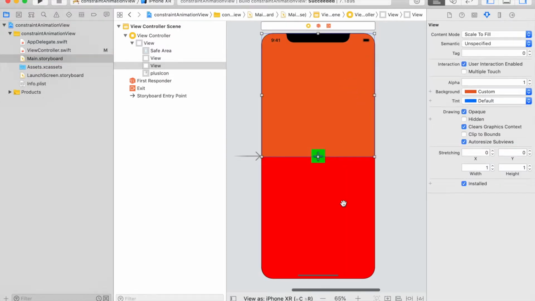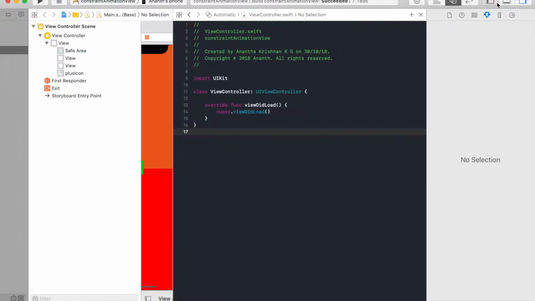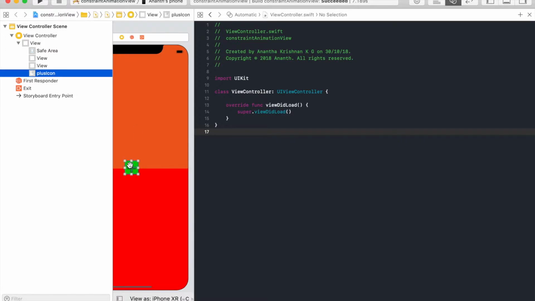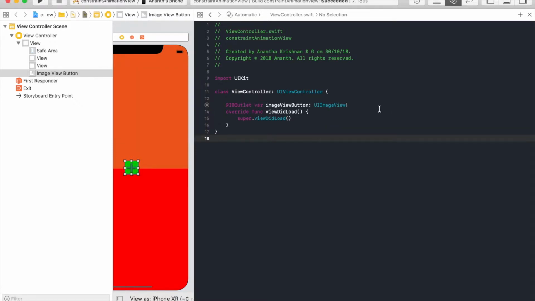There you can see I have two views and one image view. Let's go to the assistant editor and add a reference for the image view. Control press drag image view button. Okay,